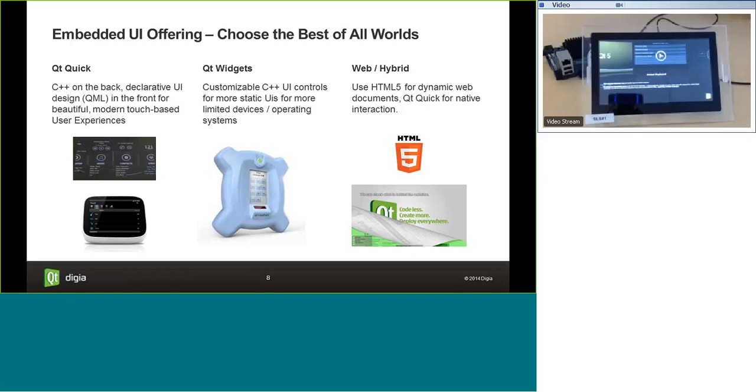So you get views and transitions, custom UI components, styling APIs, scalable, resizable user interfaces. And all these are written with a high-level declarative language called Qml. So Qml as a language has really been made in a way that it's easy to try out things. So you can do rapid UI prototyping, and